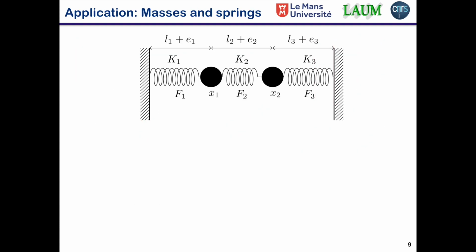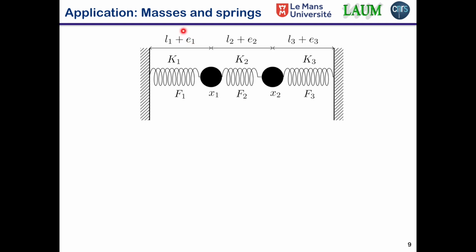So let's now see some applications of matrices and how matrices can be useful. For example, I come back to a similar system with three springs and two masses, or two displacements, because in fact the mass is not interesting for this example. So, restoring force, so three springs, the stiffnesses are K1, K2, K3, restoring forces F1, F2, F3, displacements are X1 and X2,